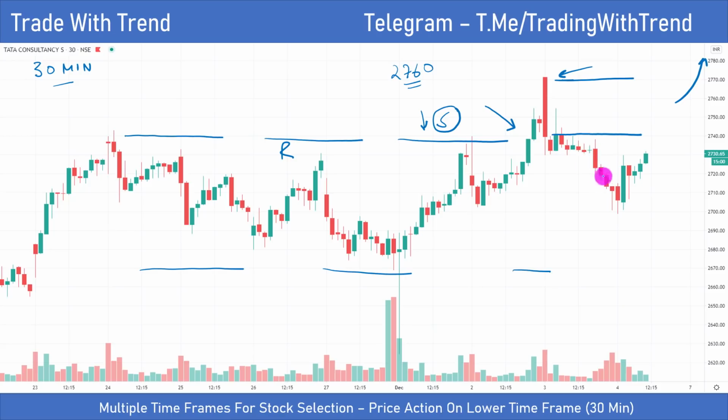So for the time being, we are seeing some retracement. This candle had volume expansion. Even in this set of 4-5 candles, you can see volume has picked up. In fact, when price is retracing back, volume is a bit on the lower side. I would have preferred more volumes. So there is some uncertainty here in the short term, but based on the monthly time frame analysis we have done and the daily time frame analysis we have done, I think odds are pretty good for TCS to maybe consolidate a bit more and then move above something like 2770 and go towards 3000.